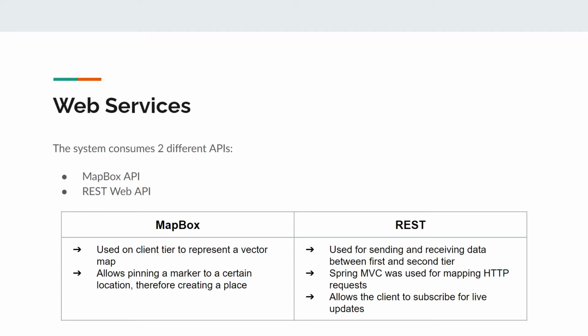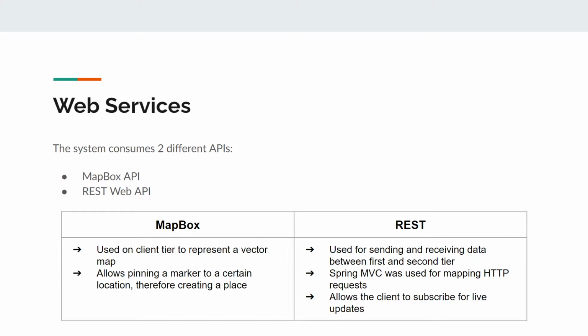Now, about the web services. The web services that this system consumes are 2, the Mapbox and the REST web API. We use the Mapbox API in the tier 1 for presenting the map in a vector format. And this API allowed us to pin markers throughout the map in certain locations for creating then the places in the system. And we use the REST web API for the communication between the tier 1 and the tier 2